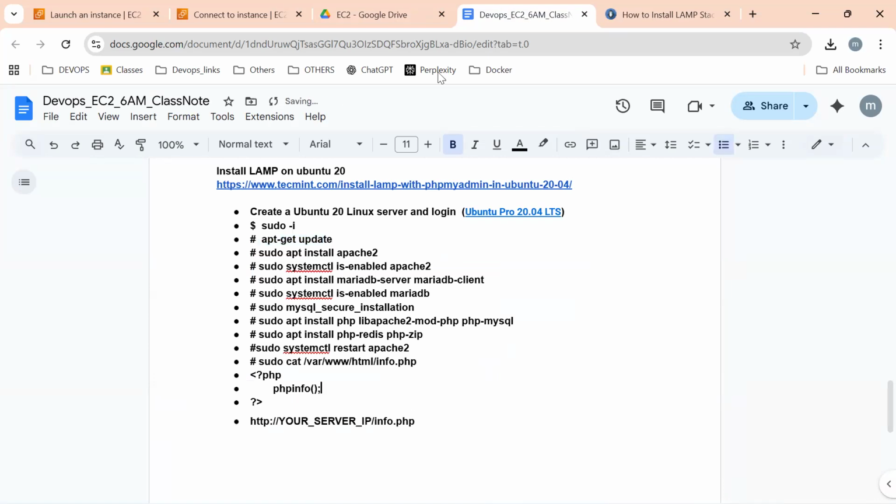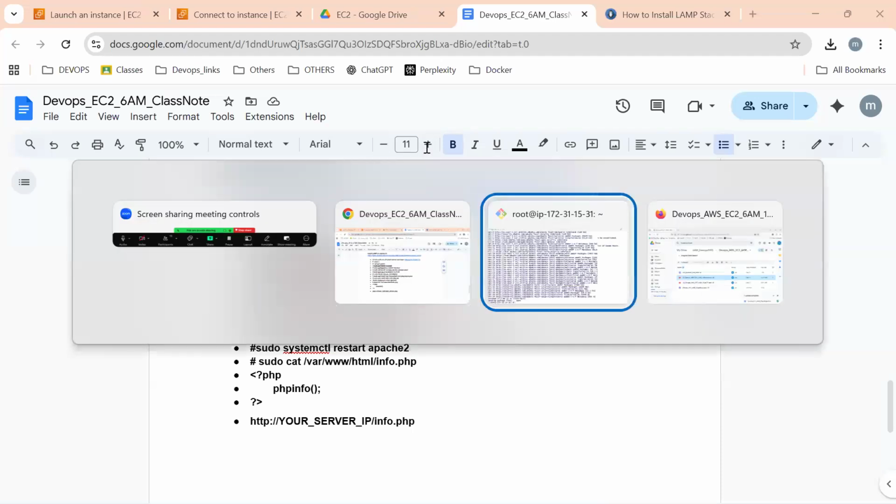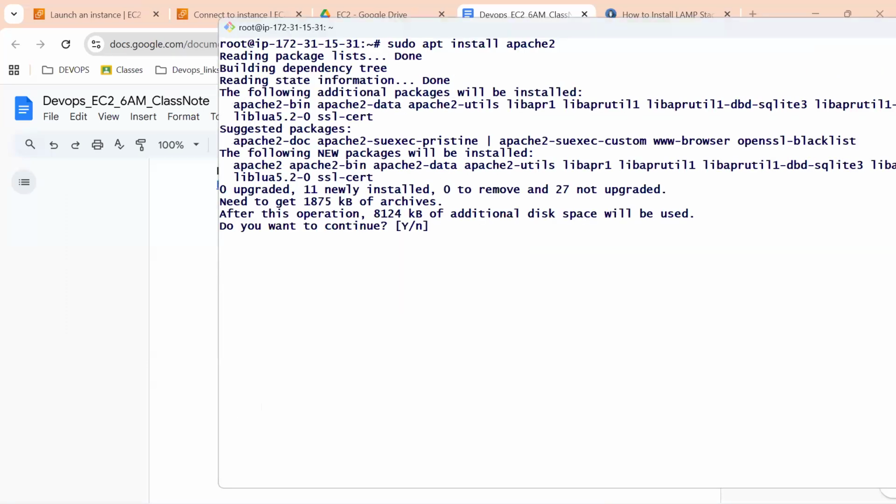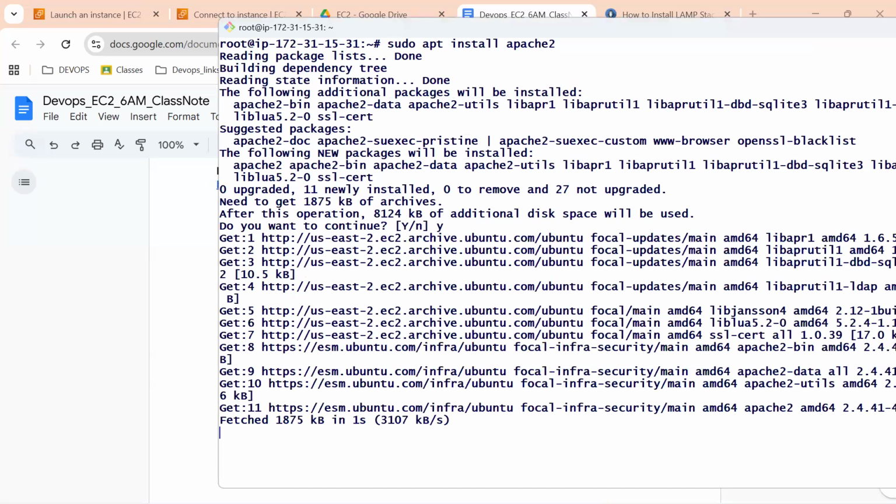Okay, so let us start doing, please. So what is the first step? Create an Ubuntu Linux server and log in and apt-get update, and we are trying to install Apache 2. Please copy paste from here. Is it installing Apache 2? Means web server is successfully installed.